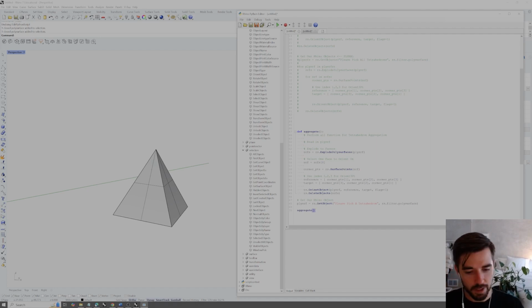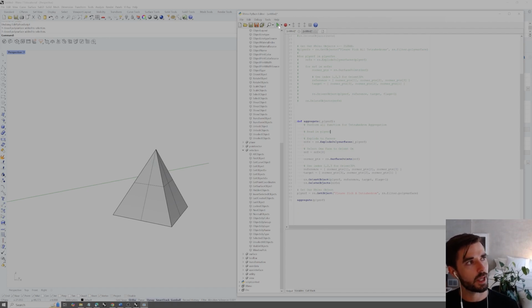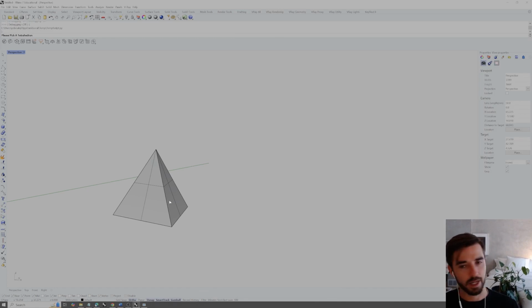We need to feed in our poly surface, so our geometry, polysurf. And then we need to read that in here, which, as I mentioned, our convention is that we don't use the same names inside and outside of the function. So we're going to use underscore polysurf inside of our function. Okay, and now if I hit play, I should be able to select this tetrahedron, and it will aggregate one